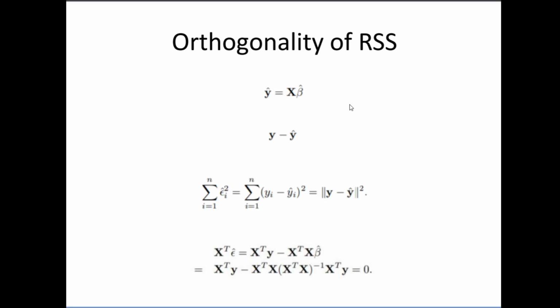Now the first property of RSS is that the residuals are orthogonal to your data. Let's see why, because this is quite an important property of RSS. Now y hat is equal to X into beta hat. So this is your predicted variable. You have some set of y's, the ground truth, and this is your predicted value. So you get the residual, and now the residual sum of squares. So this is your residual, it is squared, and for each of the variables you get this out. Now this is represented like this.